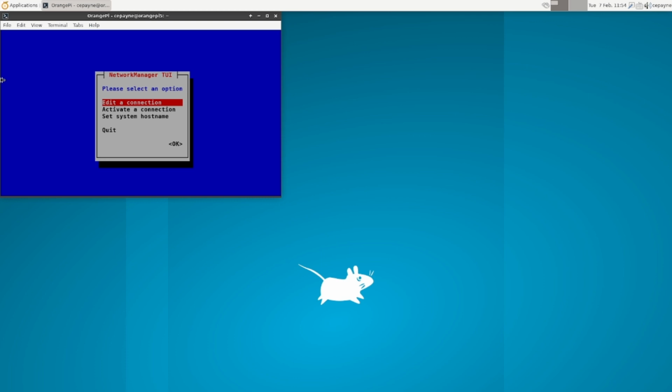And for this virtualization, don't use wireless. Really try to use the Ethernet connection. You get better results, okay? And that's talking from years of doing this test. So the first thing I'm going to go into is I'm going to go down to activate